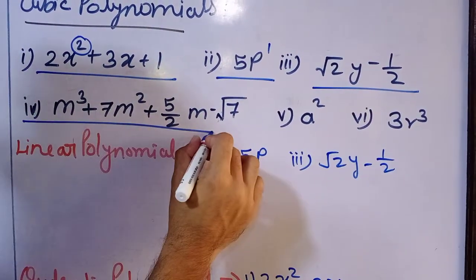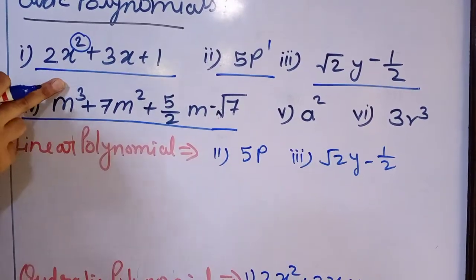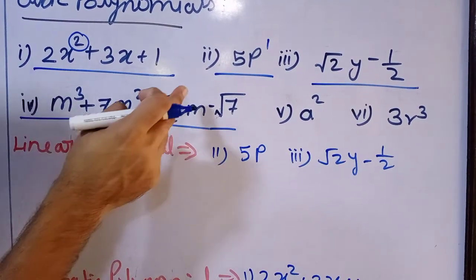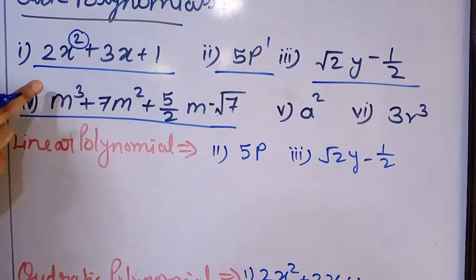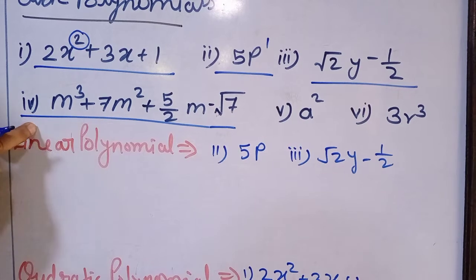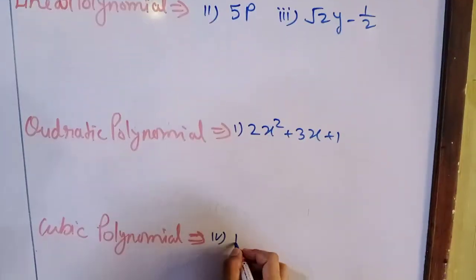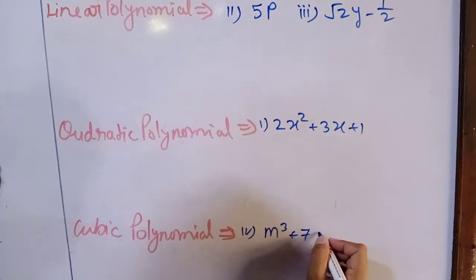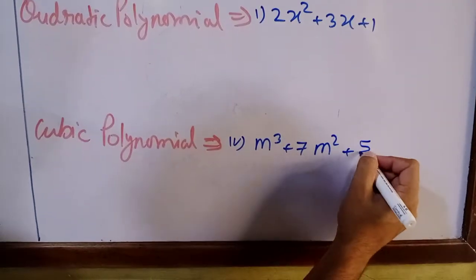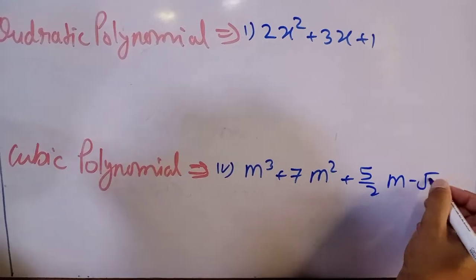In the fourth one we have the powers 3, 2, 1 and 0, so we can say the degree of this fourth one is 3. The fourth one is m cube plus 7m square plus 5 upon 2 m minus root 7,